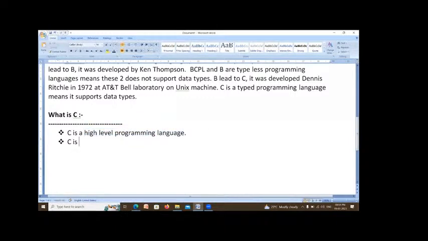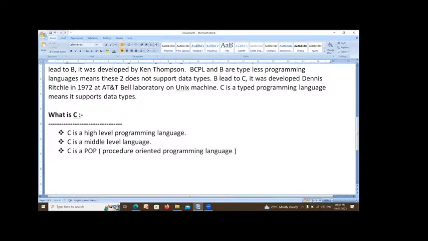C is a middle level language. Why? Because C language supports low level language features as well as high level language features. So it is called a middle level language. C is a POP. POP means procedure oriented programming language.